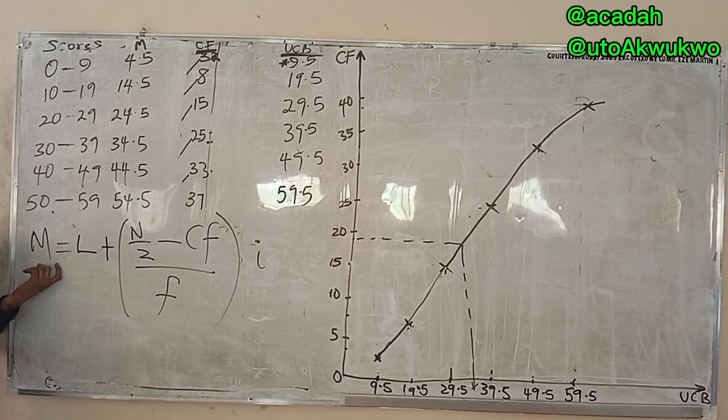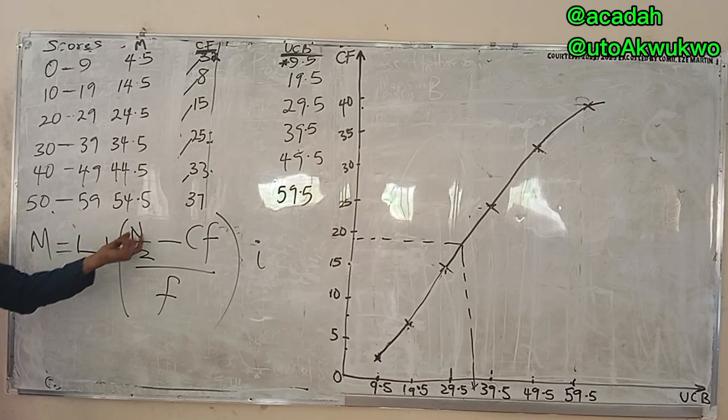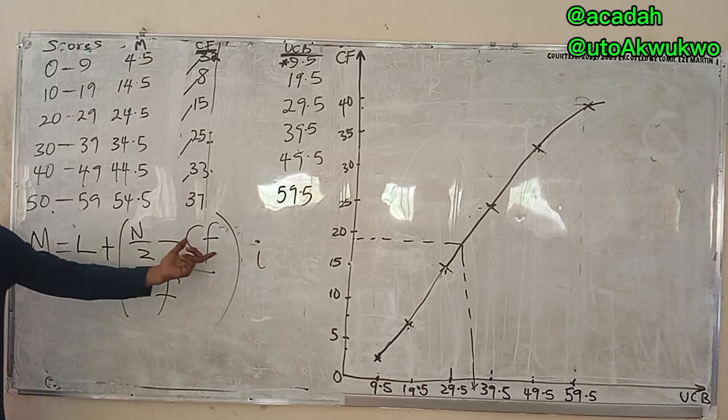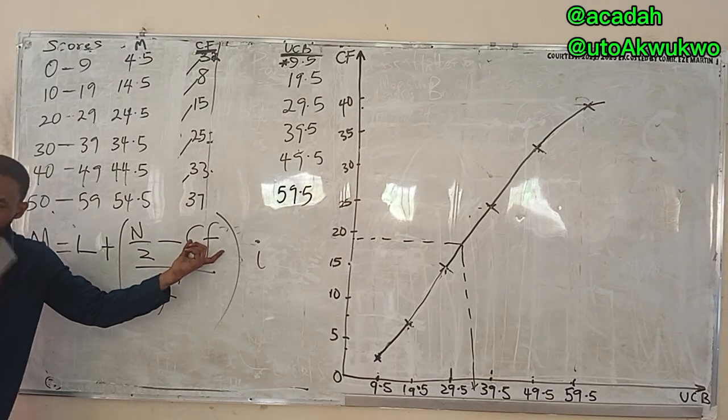Median is simply located. This is the mighty formula, the way you know the mighty formula in quadratic equation. For statistics, this is an almighty formula. Simply lower class boundary plus total frequency n divided by 2 minus cumulative frequency before the median class,